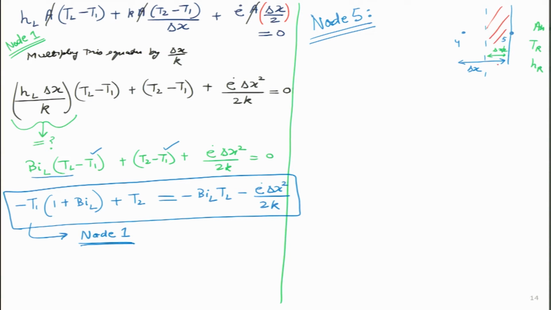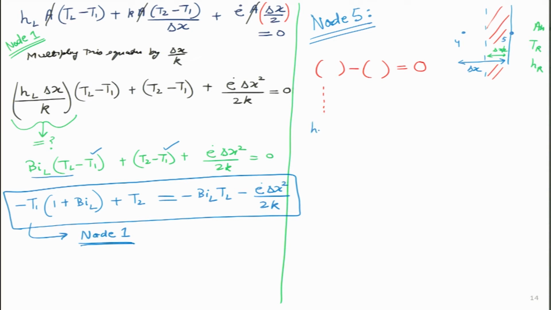and I can shade node number 5, so that this is what we are focusing on. Again, we can do the energy balance over there: all the heat transfer coming into node 5, minus the amount of heat being generated, is equal to the amount of heat being stored. In this case, it will be 0. So, the same process we will do as in node 1, because it is a half node, but in this particular case the expression will turn out to be something like this.